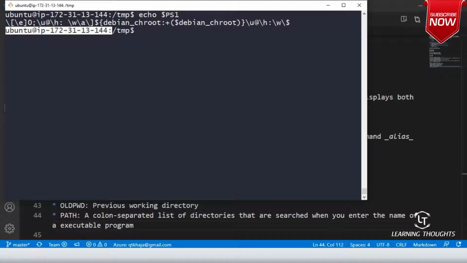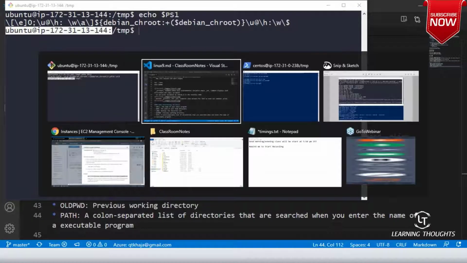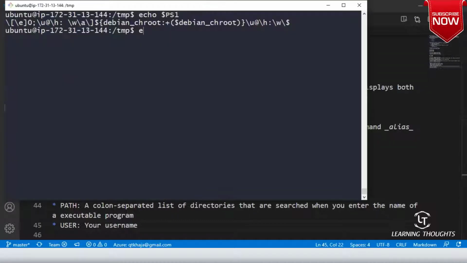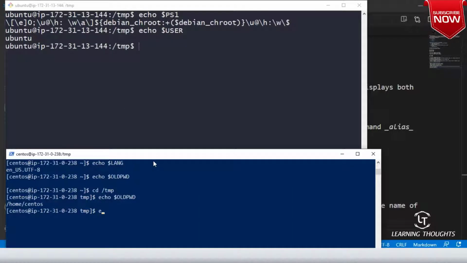Then there is something called USER. USER will define your username. If you want to know what your username is, echo $USER. Same thing over here, echo $USER. Here we'll get CentOS.